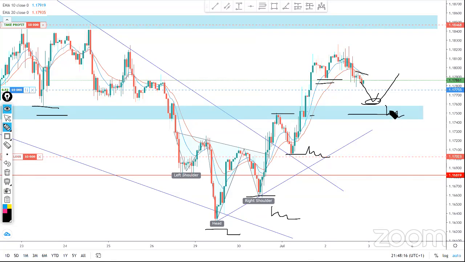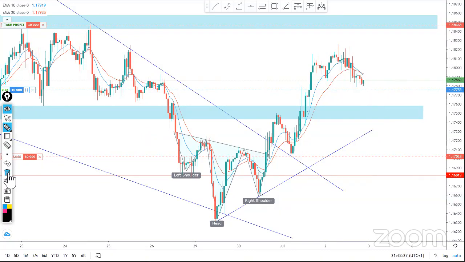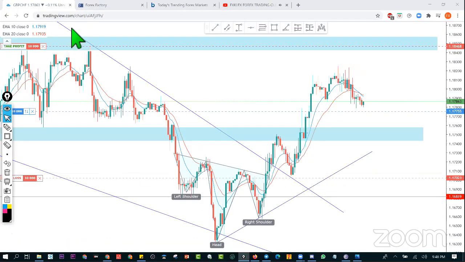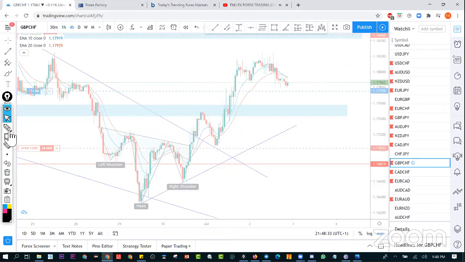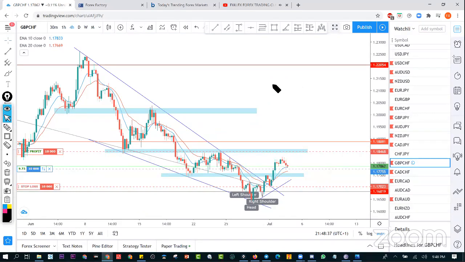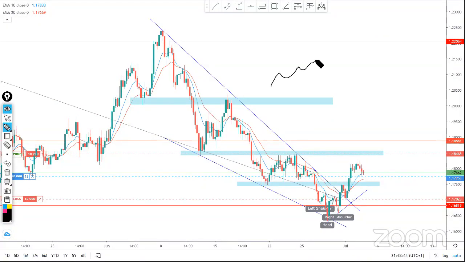So this is one of the ways in which you can build up confluence factors to support your trading analysis. You don't just have to put the trigger on your chart. Don't just buy, don't just sell on luck. Luck doesn't work here. If you want to make money, it means you have to know what you are doing. If you make money, it means you take money away from traders who don't know what they are doing. And if you lose money, it means someone who knows better than you takes away your money.